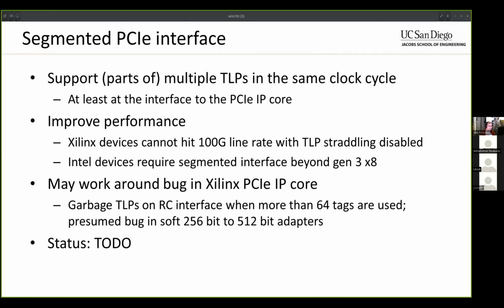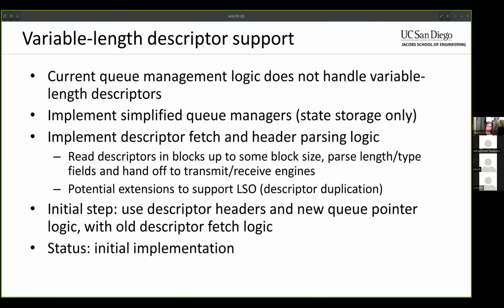So if I can get this segment interface working, then I think it'll work around that bug, and then we'll be able to get all the tags active and whatnot and get better performance. So this is to do once I get MSIX working. And then after that, I'm going to hammer on variable length descriptor support, see if I can get that working,